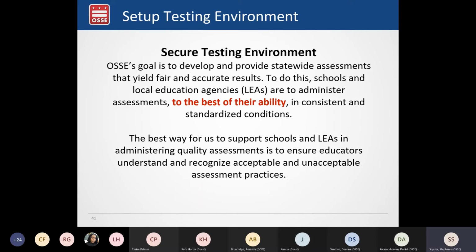The first consideration is test environment. OSCE's goal is to have, to the best of LEAs' ability, consistent and standardized conditions for testing.